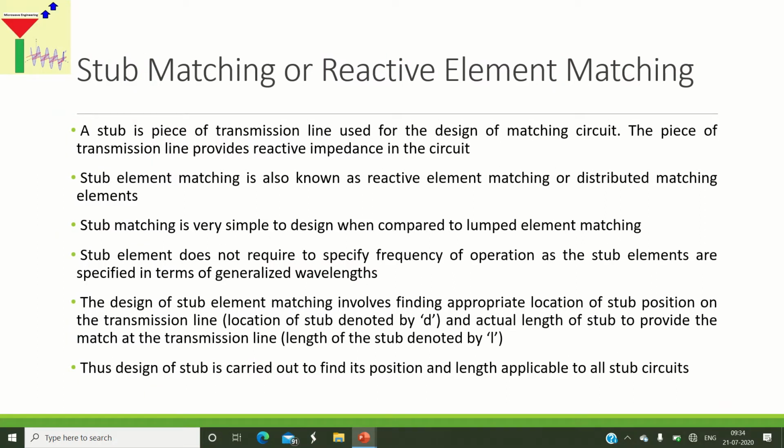Now, stub element matching. So first of all, let us discuss a brief theory, and then we will follow a detailed design procedure, and we will see what the different types of stub configurations available are. So stub matching or reactive element matching is a technique of impedance matching in which a piece of a transmission line is used in order to design the matching circuit. So earlier we saw a piece of a transmission line we already used in the quarter wave transformer, right? So this technique is similar to that, but using the stub element, we can match any given value of complex